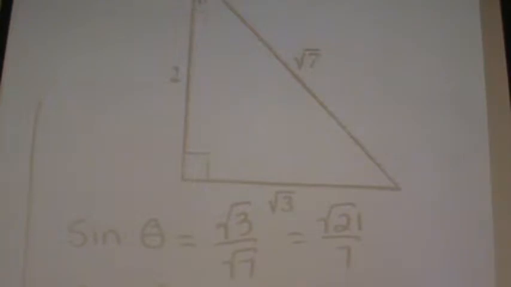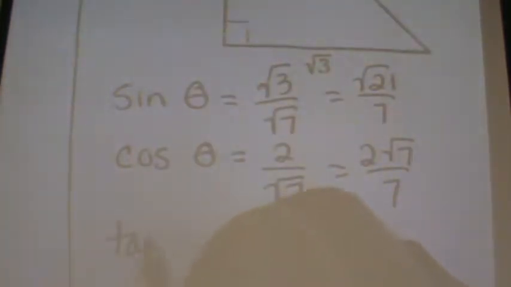What about cosine? What would it be? 2 over root 7, which is 2 root 7 over 7. And what about tangent? 3 over